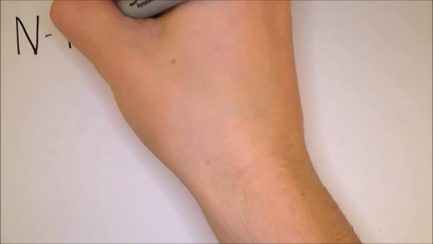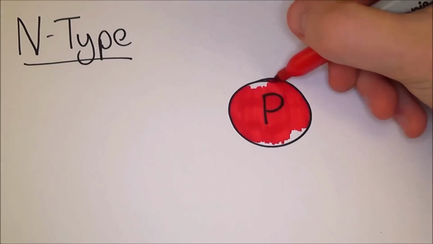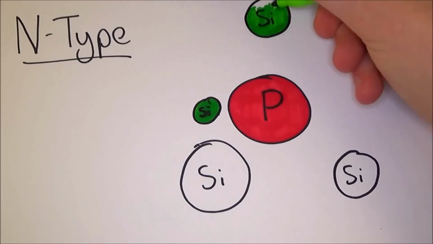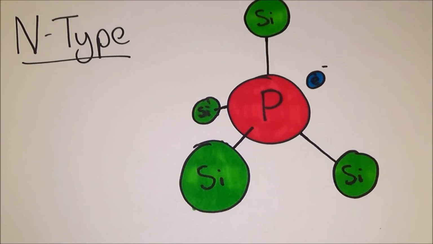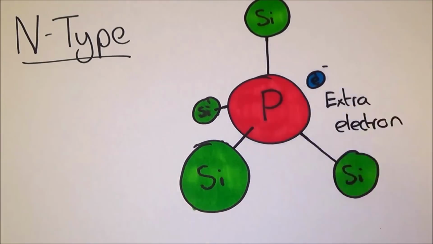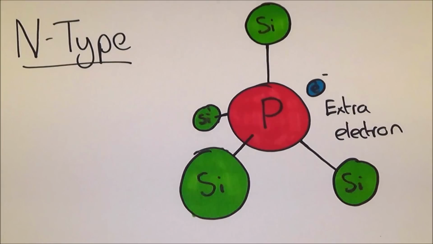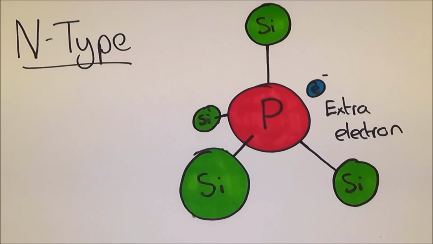There are 2 different kinds of doping. One is called N-type, in which you replace a silicon atom with a phosphorus atom. It works because they're a similar size, which means that it will fit into the gap. It also comes with an extra electron. It doesn't affect the overall charge of the material, as there is still the same number of protons as there are electrons, but it means there are more electrons that can roam free throughout the lattice, which means that it